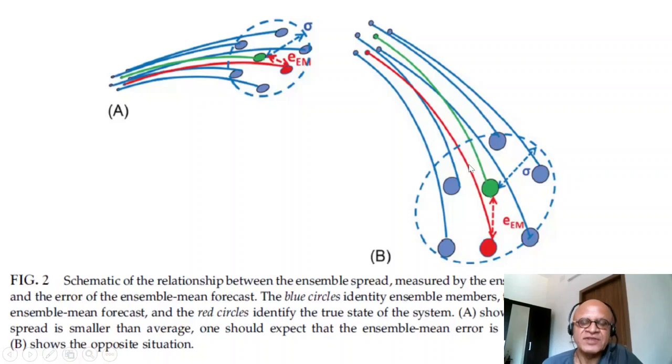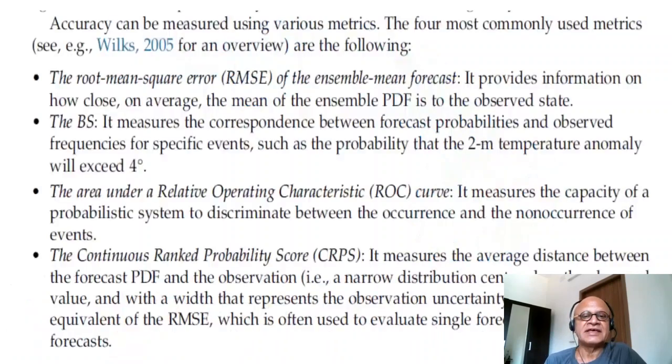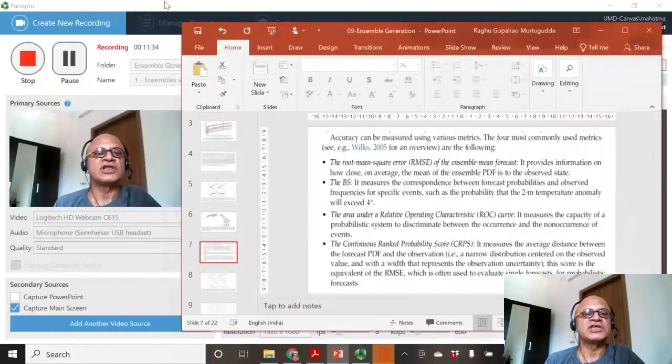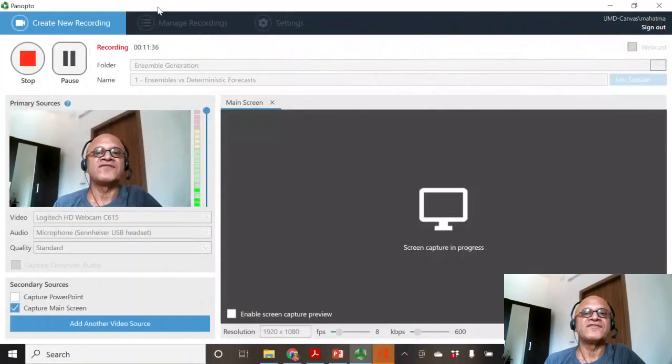So this itself depends on model configuration, the process that's being modeled. 2-meter temperature may have more skill than precipitation, for example, or a snowstorm in DJF in the mid-latitudes, and so on and so forth. Okay, many details are there in what the actual overall skill of the model ensemble forecast is. Okay, we'll see some details as we go forward.